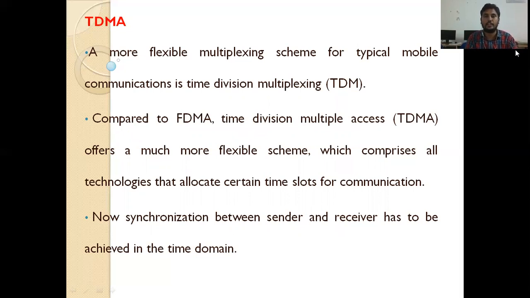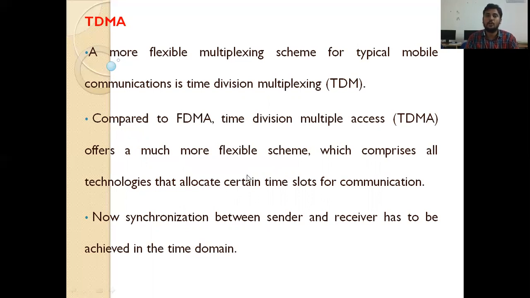When compared with SDMA, FDMA, and CDMA, TDMA is the more flexible scheme. When compared to FDMA, it offers a much more flexible scheme,